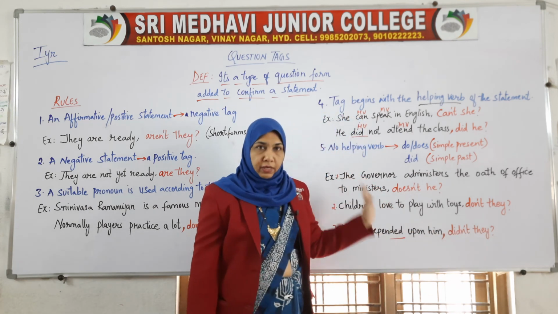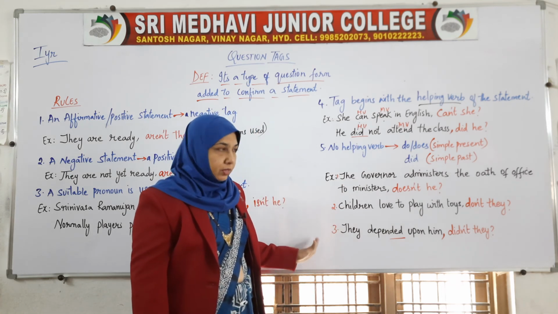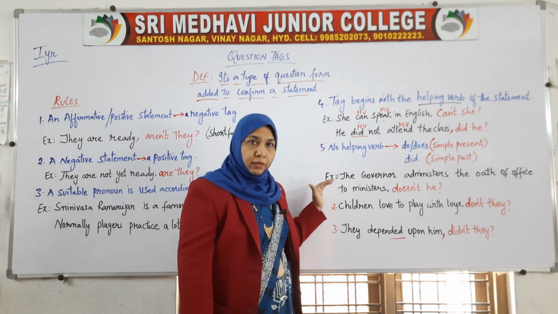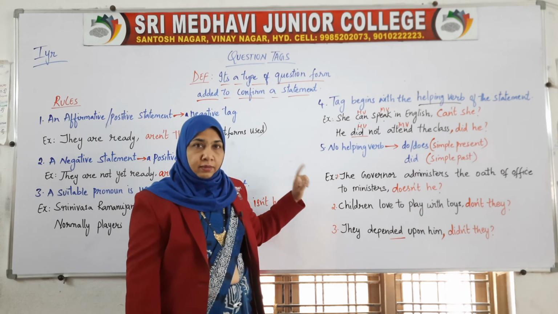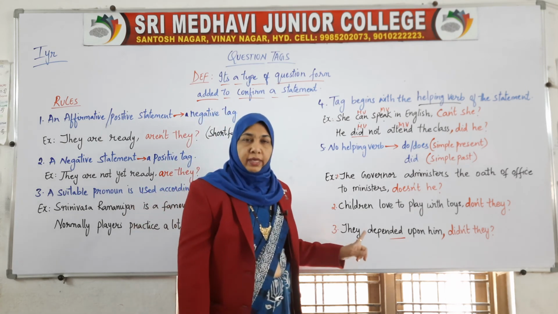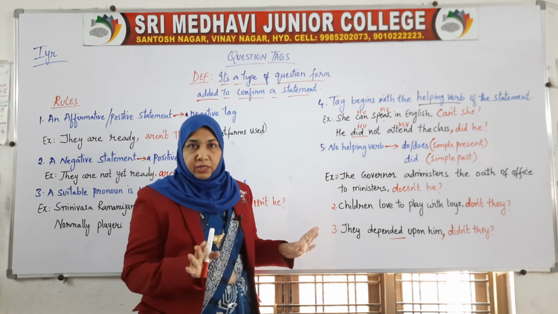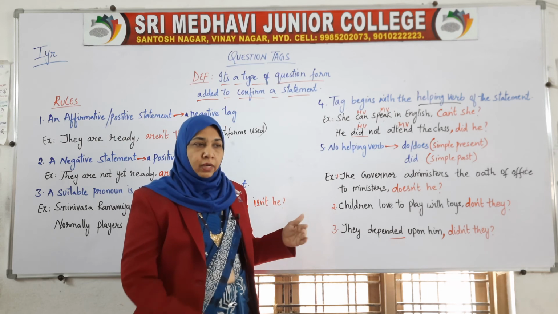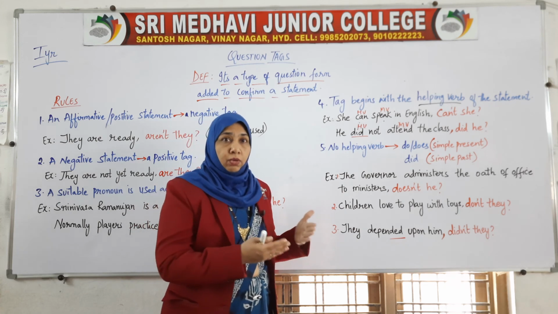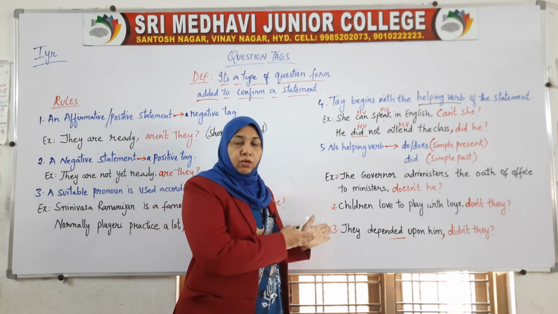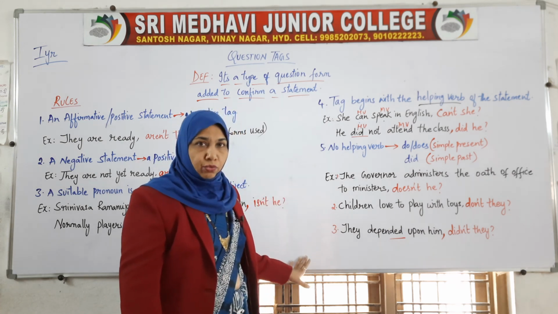Now I hope you have understood the whole thing. I have taken 3 different examples. One is the singular third person in simple present, the second is the plural third person in simple present, and the third is the plural third person in the simple past. For simple past there is no need to bother about singular or plural, or first, second and third person. Everybody gets the same. So these are the 5 rules.